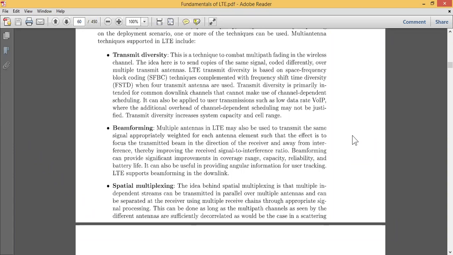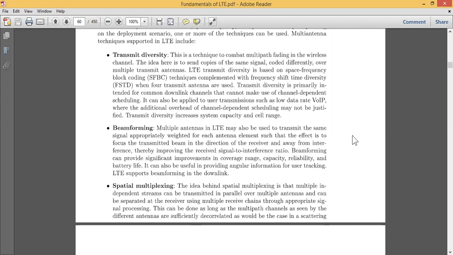So it is not always possible to make use of channel dependent scheduling, right? Because I cannot completely depend on the channel scheduling, because at any point of time the signal may get downloaded and you need to have the proper resources immediately. So in this case, time diversity cannot be used completely. And the second thing is, it can also be applied for user transmission such as low data rate,